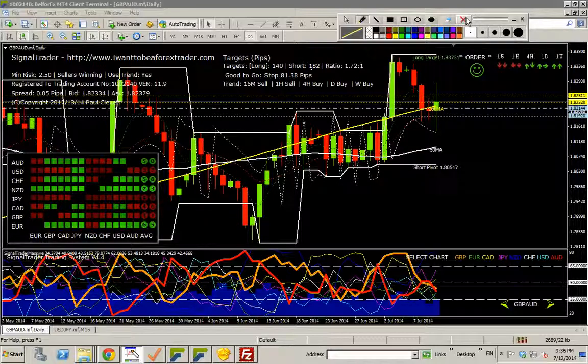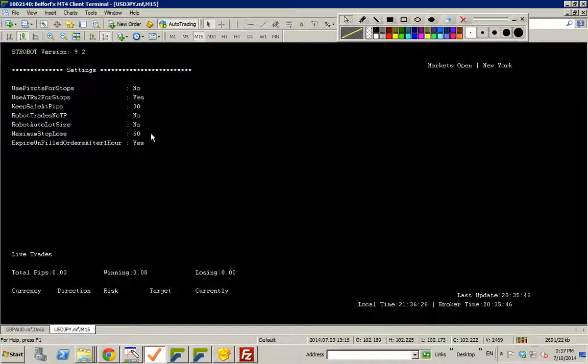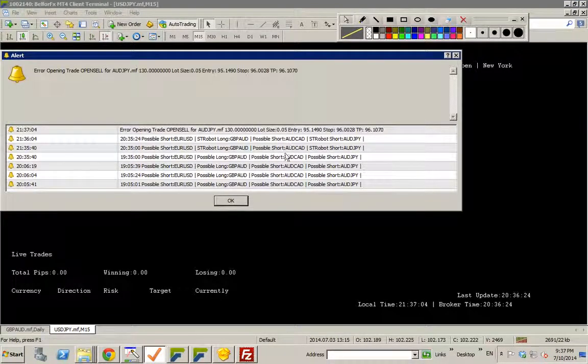The other thing the robot does is that when a trade gets into a certain place, so that the price is so much in profit, it'll move the stop inside the entry, so it'll actually protect you and run a trailing stop for you. If you want to do that, you can configure that very easily through the second chart. So you just go F7, and then you've got all your